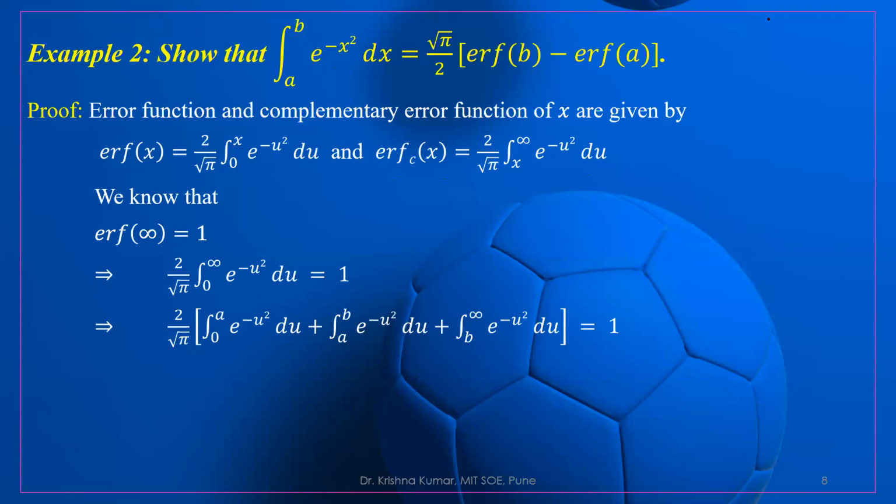Okay. So here, just look here. This integration, the limit of integration 0 to infinity, we have distributed in this manner: 0 to a, since a is the lower limit, so we first take 0 to a, then a to b, and b to infinity. Can we write in this manner? Okay. So again, if we simplify it, if we take the first part...